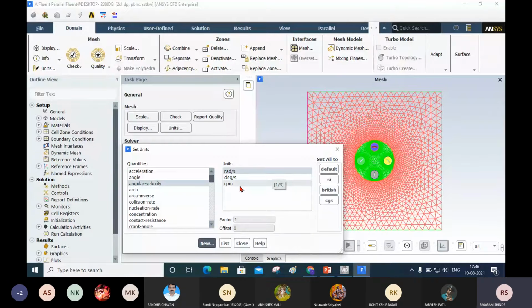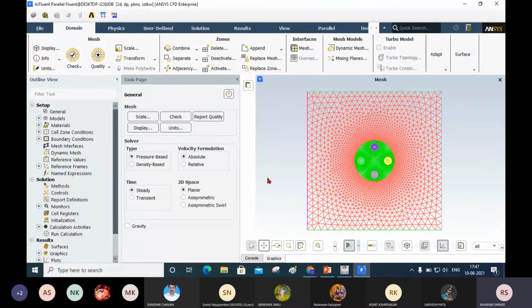So I'm going to select this as revolution per minute in place of radian per second. That means we are not measuring the angular velocity in radian per second, we are measuring generally in terms of revolution per minute. Okay, so we are setting the unit for angular velocity as rpm. Okay, after setting this unit, I will close it.